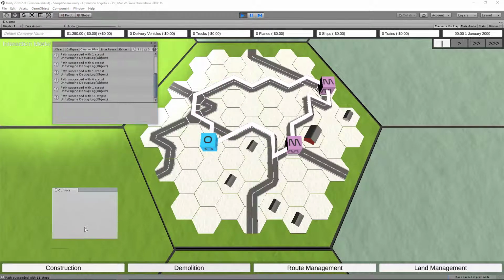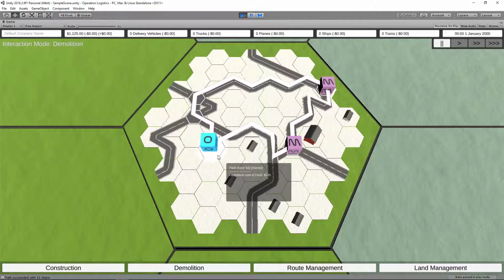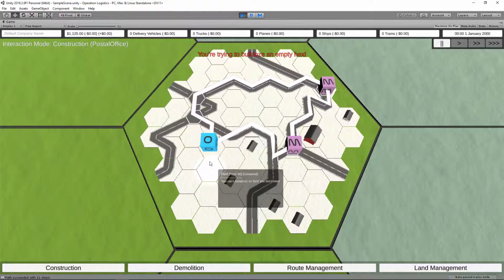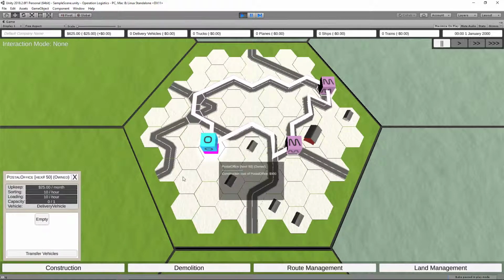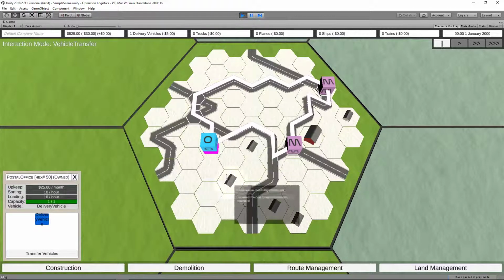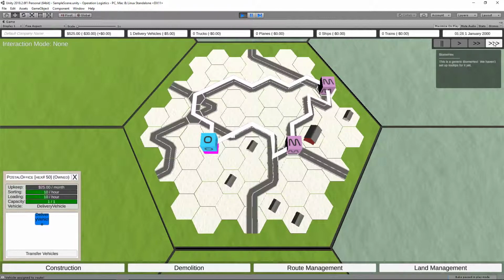No, console, I don't want you here. Go on another monitor for now. We need to demolish the clearing, which we already did. And now we need to do a postal office. Bring in a vehicle. Enter transfer vehicle node. Place it onto the route. And away it goes, and it